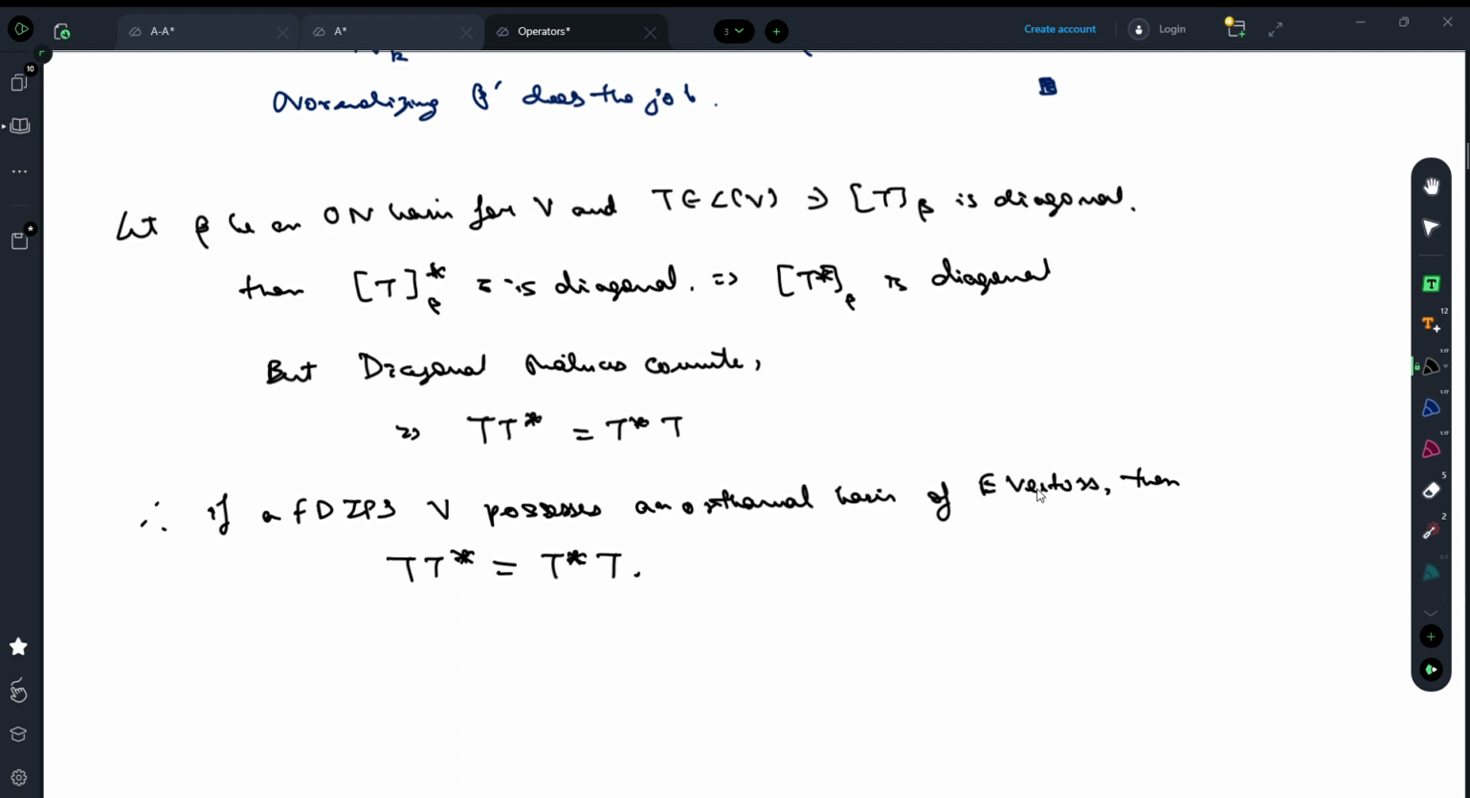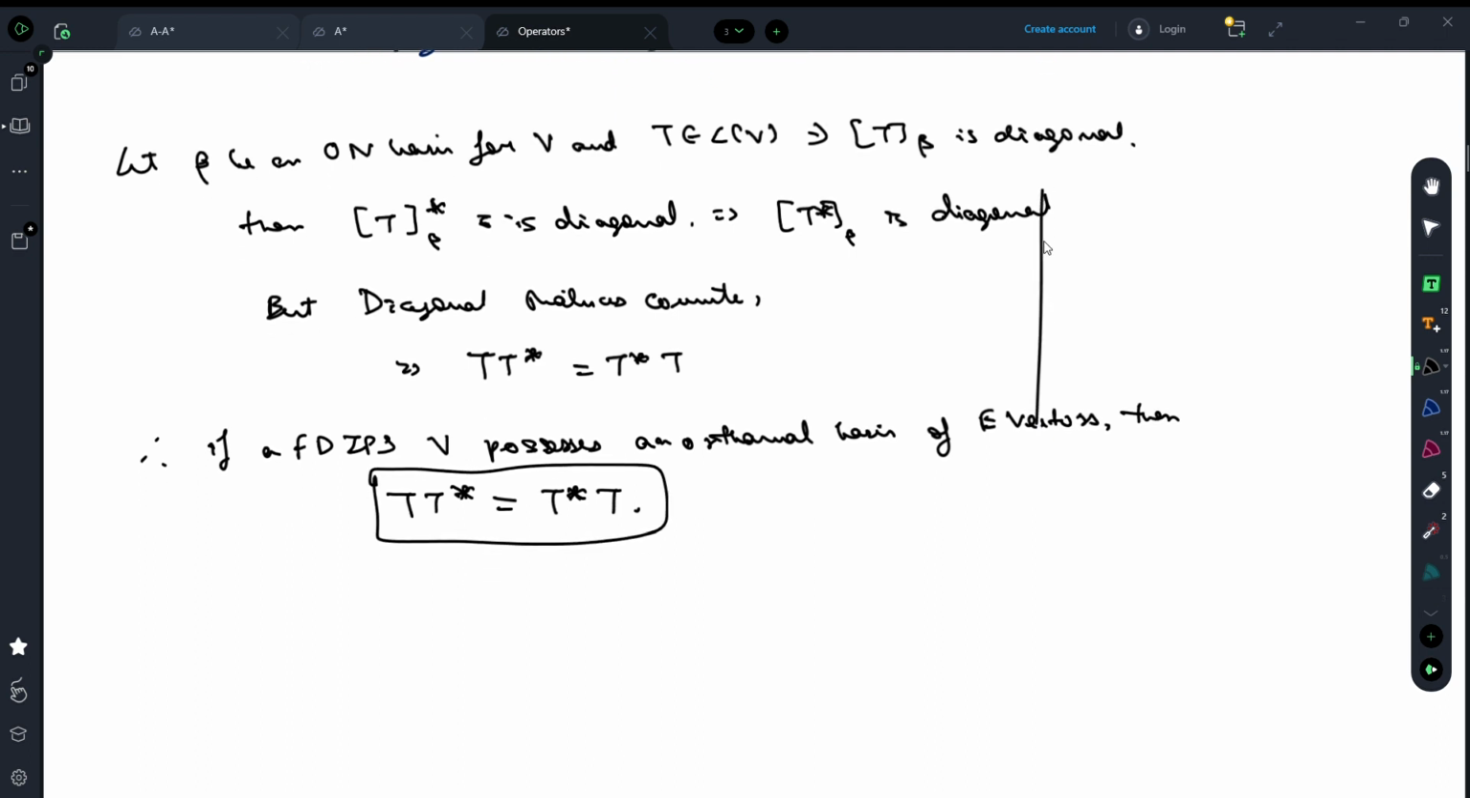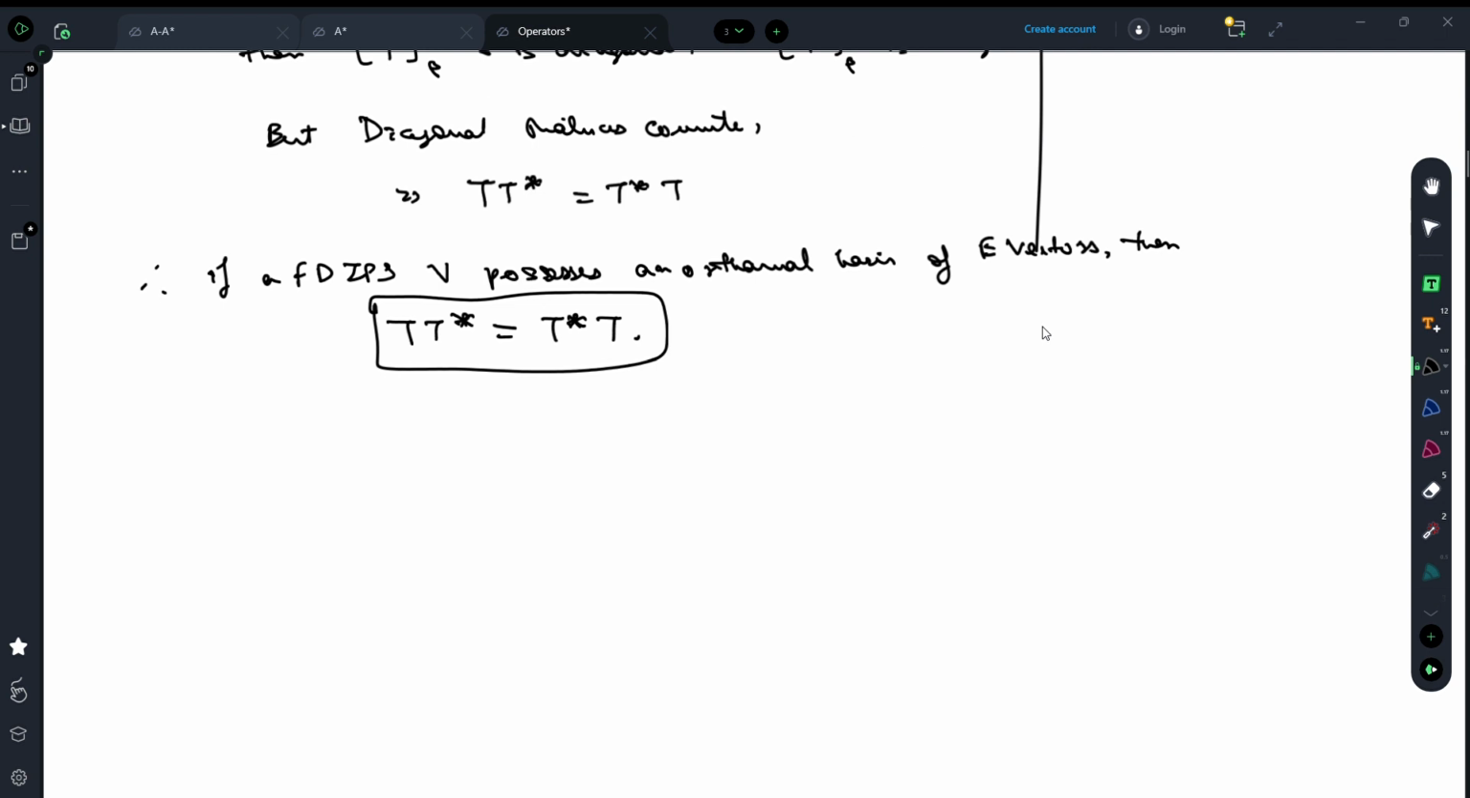In other words, if I get hold of an operator which commutes with its adjoint, then can I say that there exists an orthonormal basis such that the matrix of that linear operator is diagonal? Okay. And to do that, we need to study operators of this form, right? Operators of this form are called normal operators. Okay. So definition: